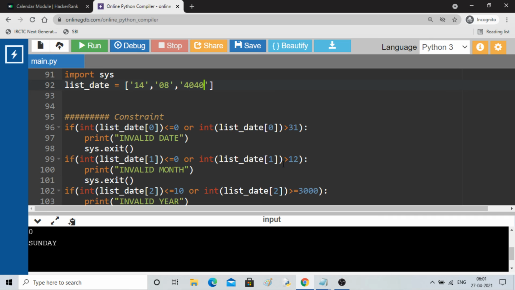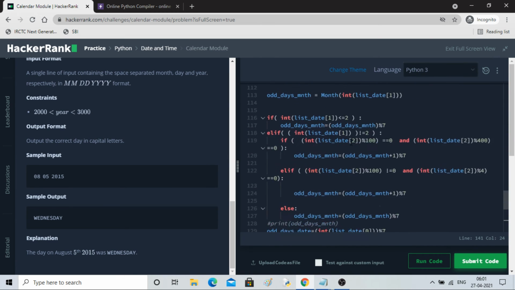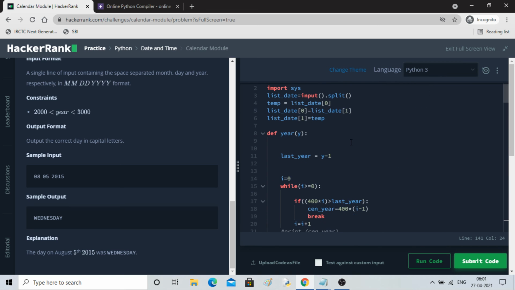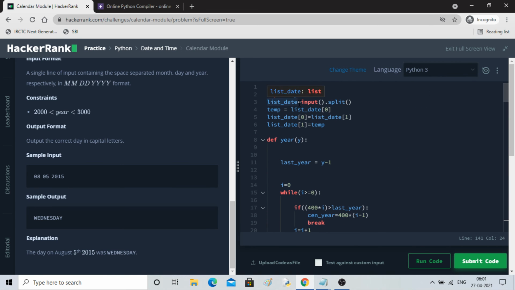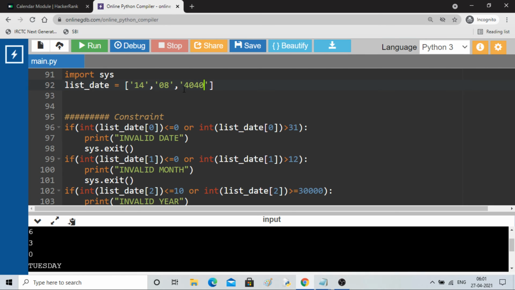40 I'll do. The constraint I have to remove, so let me do 30,000. So 40 we have to check, then also it will work. See, it is Tuesday. So that is the benefit. It is a very generalized type of calendar we have made. Although I took a lot of time in solving this, it is all worth it. You can see how much learning is there, and the product that is coming out of this much hard work is beautiful, right? Just write any date and you will get to know the day.